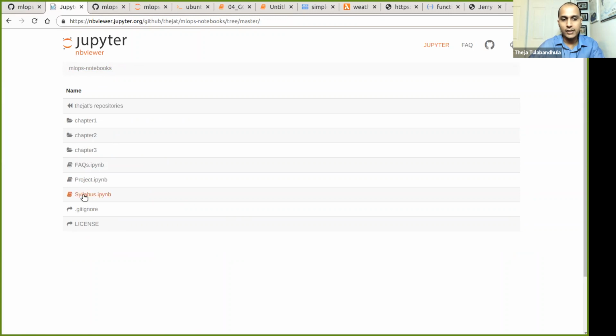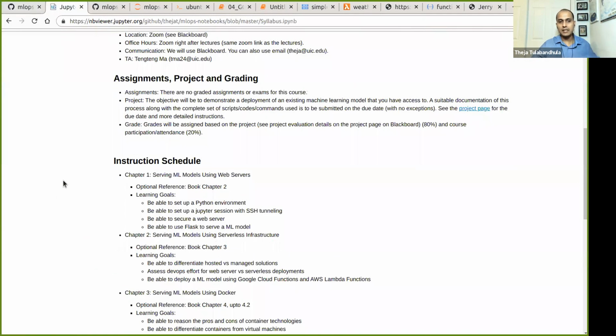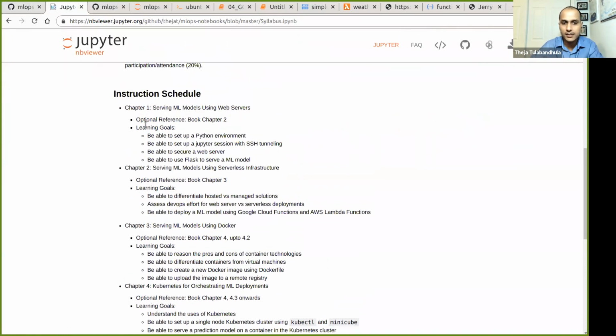go back, just to reorient ourselves, to the syllabus. So where are we? We basically covered how to serve ML models using web servers. Okay, and we just scratched the surface there. We picked one particular tool, the Flask web framework, and we know how to do model training offline, whether it's R or Python. Some of you are new to Python, but model training in Python is very similar to model training in R or any other language. So we just coupled it with a web framework. That's what we saw a few lectures ago.